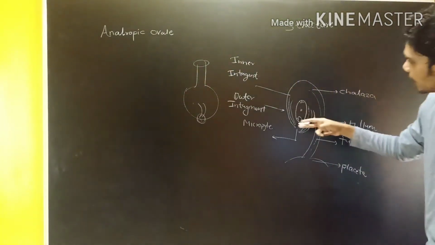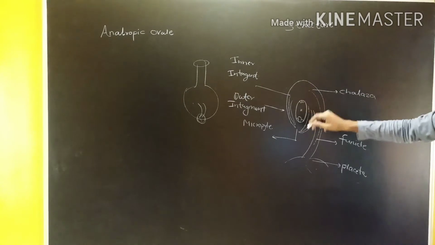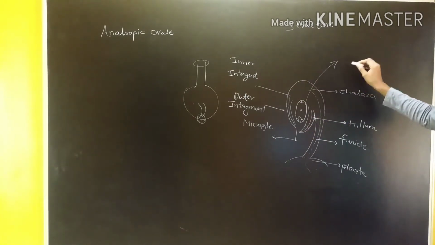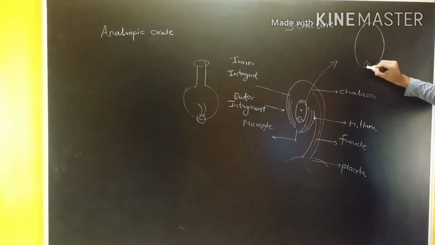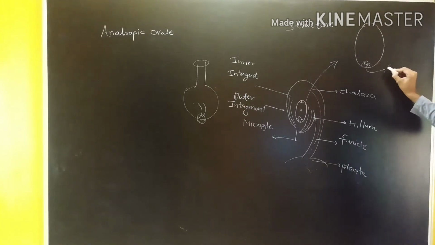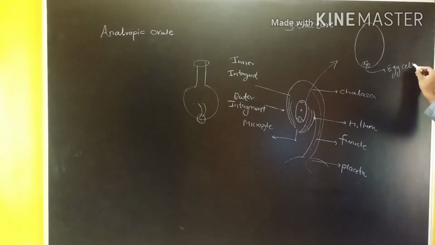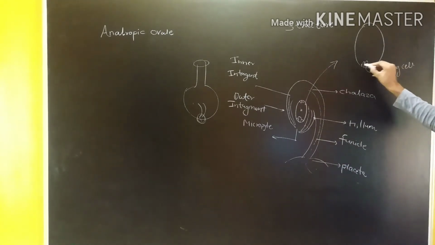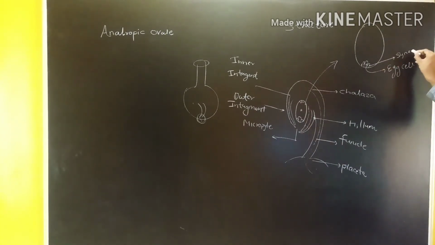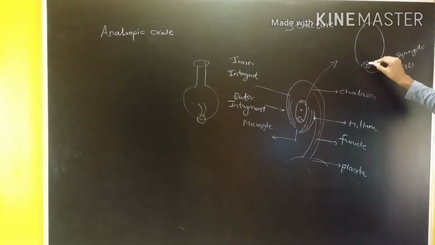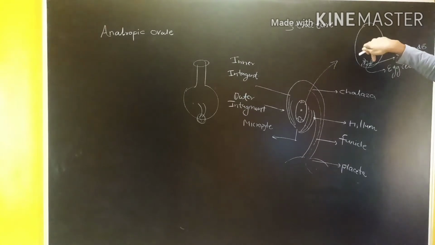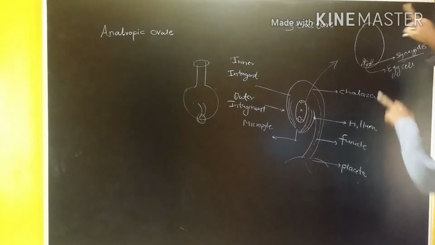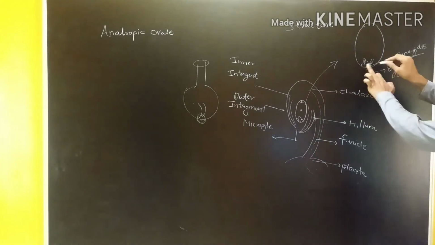Inside the anatropous ovule, you will find a structure like this. I'll zoom in here, and you will find cells like this. At the micropyle, you find 3 cells. The middle one is called the egg cell, and the two others are called synergids. These synergids have hair-like projections, or filiform apparatus. They give direction when the pollen tube enters, so the synergids help the pollen tube to find the egg cell.